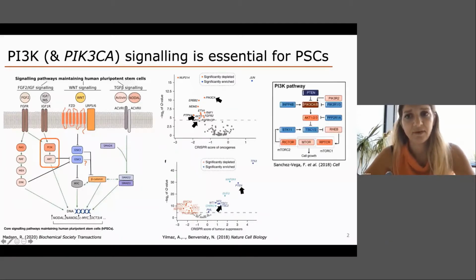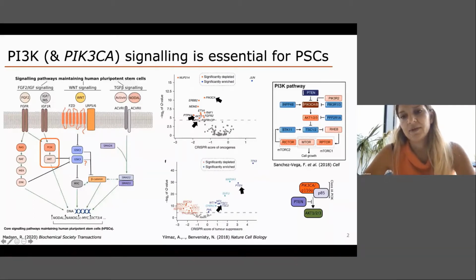This is a very oversimplified schematic of the pathway, but really for the purpose of this talk, what you need to remember is PIK3CA, which is the component I'm working on. This is the gene encoding the catalytic P110 alpha subunit of the PI3 kinase alpha enzyme. And most people in the audience are probably familiar with AKT and mTORC1, which are common effectors that are studied downstream of the PI3 kinase enzyme, but it's important to stress that there are many other effectors downstream in this